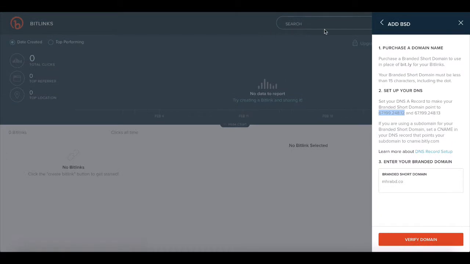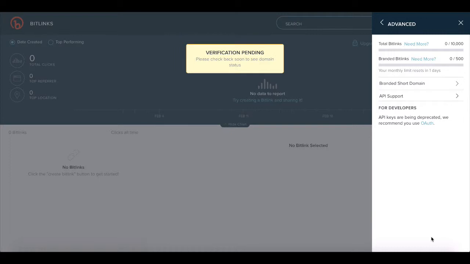So let's go back here to bit.ly now, and we've done everything here. We're going to go verify domain. And now what's going to happen is bit.ly is going to verify the domain, obviously kind of that check that we did with what's my DNS. So they're going to do the same, make sure that when that domain is set up properly, that it finally